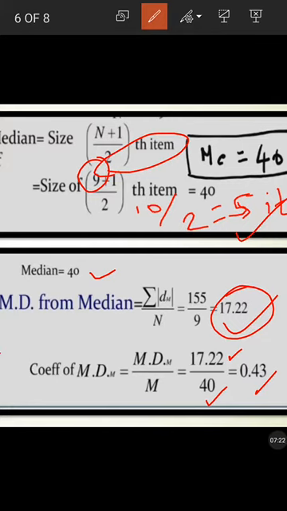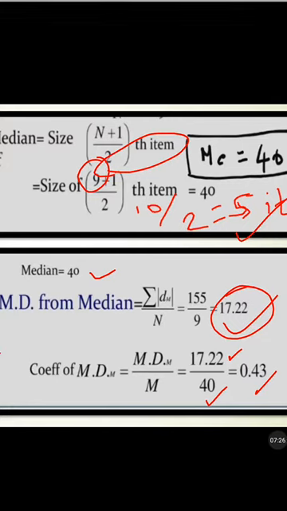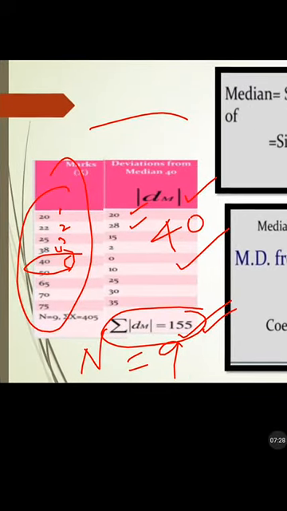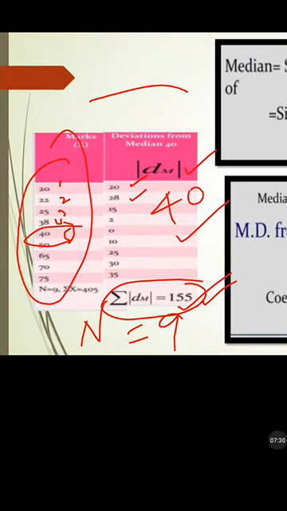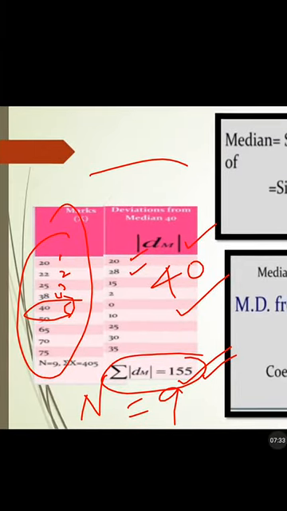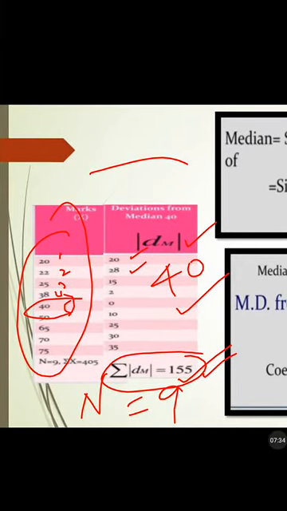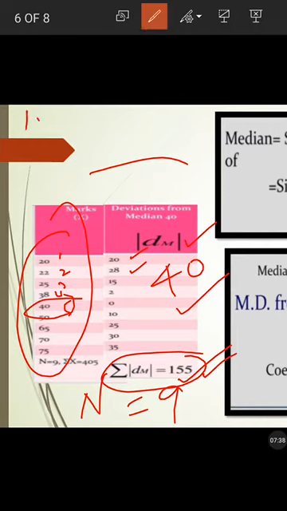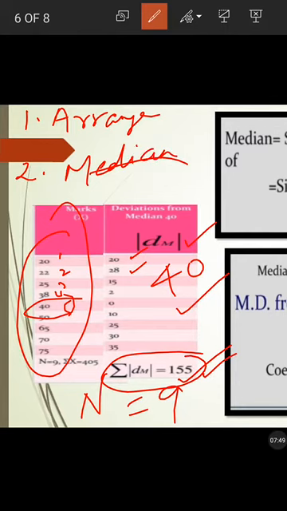So what is the first step? We have to see whether the given values are arranged in ascending order, and we have to arrange that. Okay, first step is arrange the values in ascending order. So if it is arranged, you can just leave it. And the second step is we have to calculate median. Then what is the third step? We have to calculate d bar. What is d bar? X minus median.